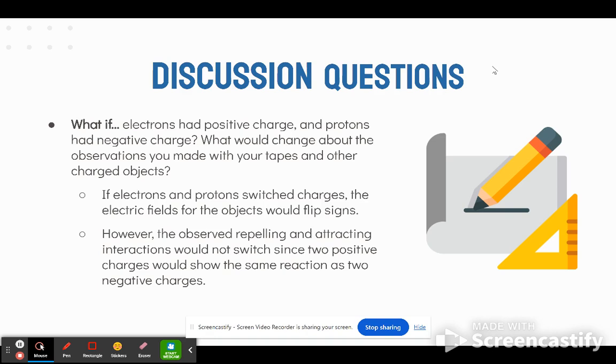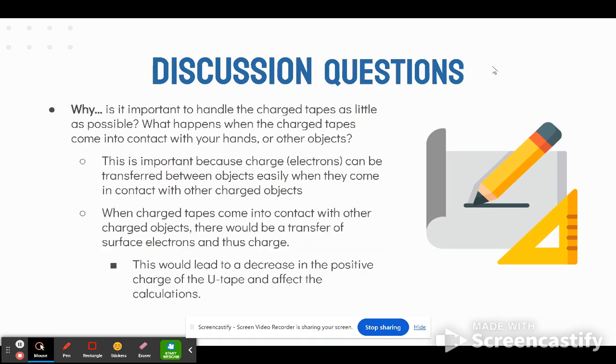For the second question, this is important because charge can be transferred between objects easily when they come in contact with other charged objects. When this happens, there is a transfer of surface electrons, and thus the charge will change. So this will lead to a decrease in the positive charge of the U-tape and affect